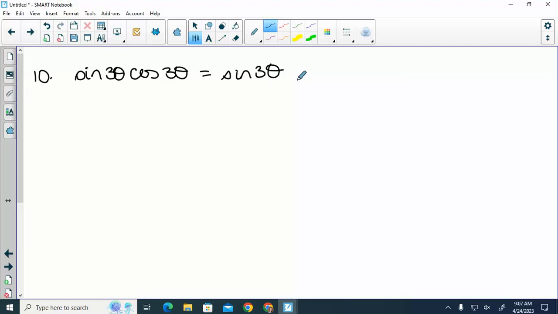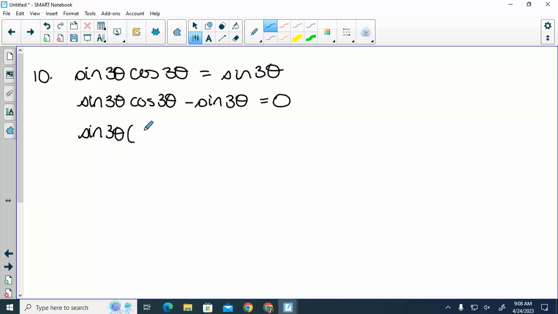So I have multiple trig functions. We can get them on the same side. Now what can you do? Sine 3 theta. So then if we set each of those equal to 0,